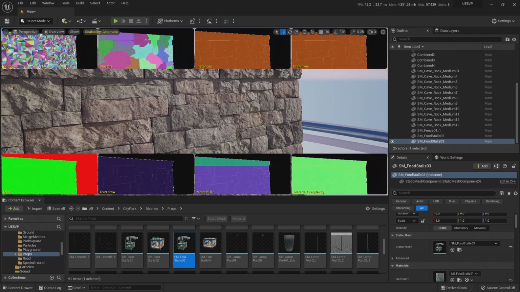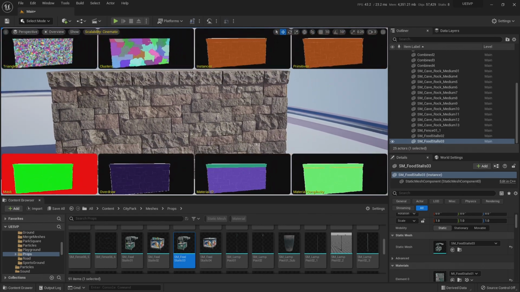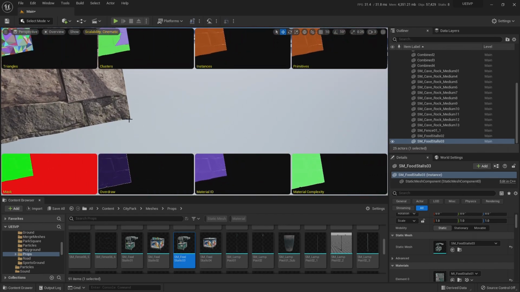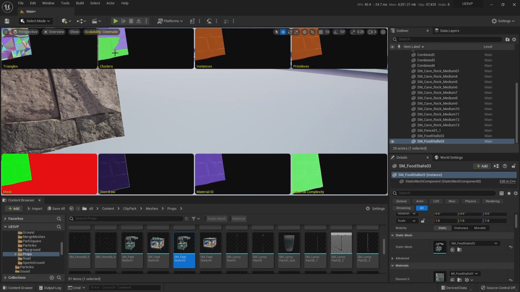And if you look away from it, all those triangles that were inside that cluster are not being rendered. So in the old times, if you look at this little corner of this mesh, this whole mesh was going to get loaded. Now you're only going to load these two clusters and only those triangles that are right there.